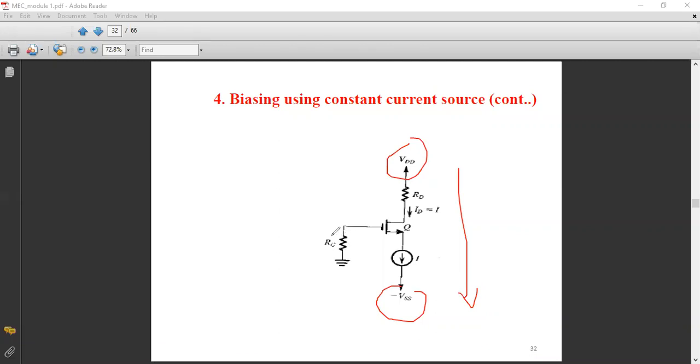And again, we have a resistance RG connected at the gate terminal, between the gate terminal and the ground. So the constant current I is equal to the drain current ID, and this constant current is fixed by using additional circuitry, what is called a current source. This is the simplest circuit, the simplest way of representing a constant current source circuit. Now we will go for the circuit that would generate this constant current source. That is shown in the next slide.